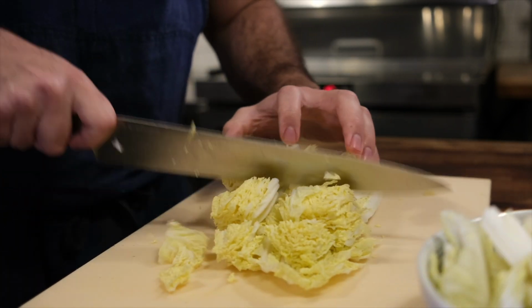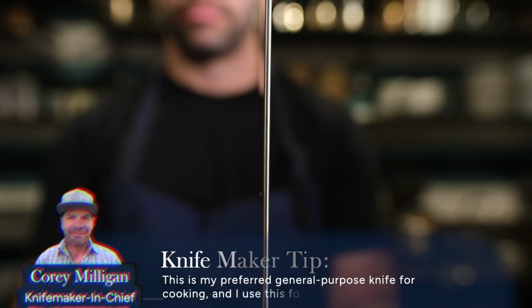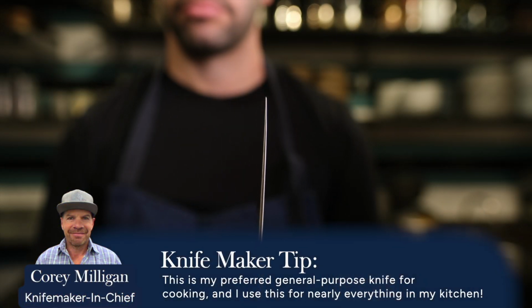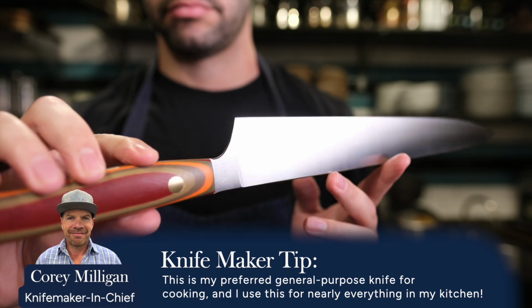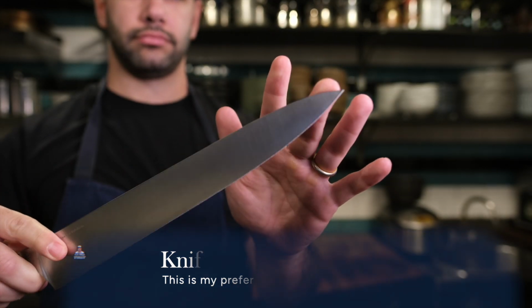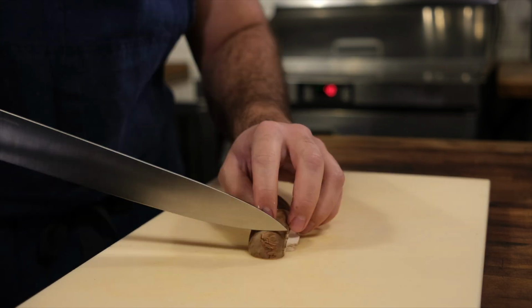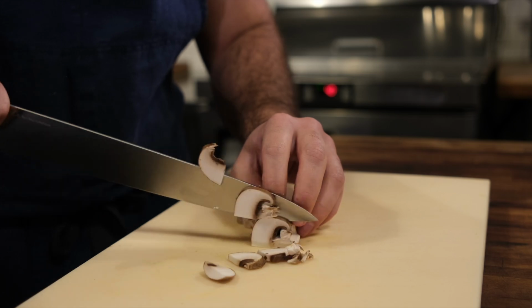What they've done with the Chris Kidder Special is they've kept that consistency through a large portion of the blade. So you have that stiffness and sturdiness as you're doing something like rock chopping. And while I personally love that about this knife, it actually does experience a taper towards that last section of the tip. And so if you want to do more delicate tasks, even though it feels a little bit weird to be so far away from those ingredients with a 12-inch chef knife, you can do more delicate tasks